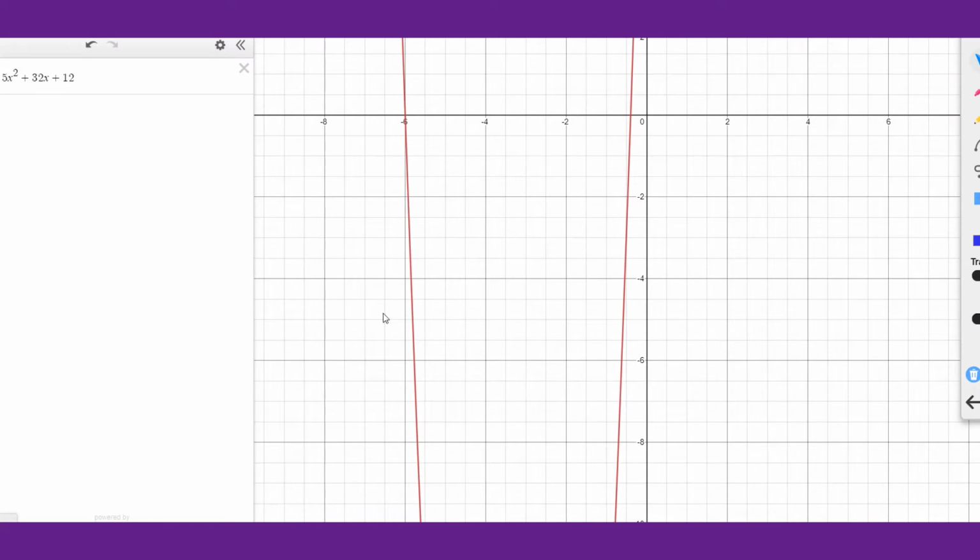If you went and factored it, or if you created a table of values and solved for it, you could actually get yourself over to 0. So if you created a table of values and you gave your y value a 0, because it's not going to be anywhere but 0, right? You could then substitute back